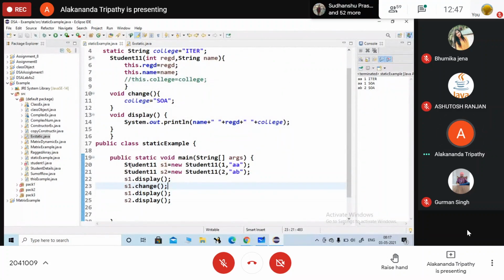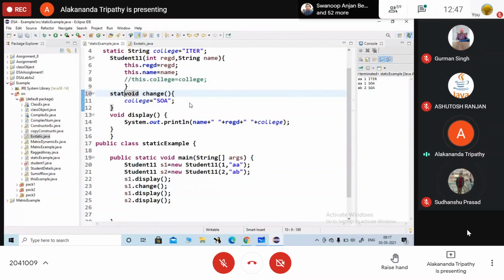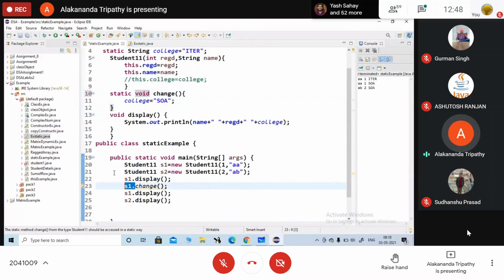Okay, here it is happening. You try with yours, everyone has JDK installed, right? JDK 11. Yes, ma'am. Okay, there are the changes. It will not show you here. Okay. So basically, static methods are used to change the variables, data members of the static variable. And another thing, we don't need the instance of the class to